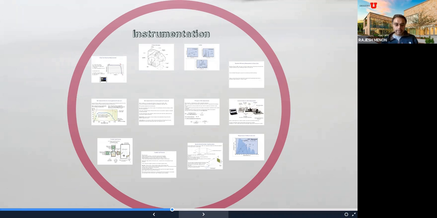Okay, the last topic I want to cover is a little bit on optical instrumentation. Now, the reason I want to talk about this is because there